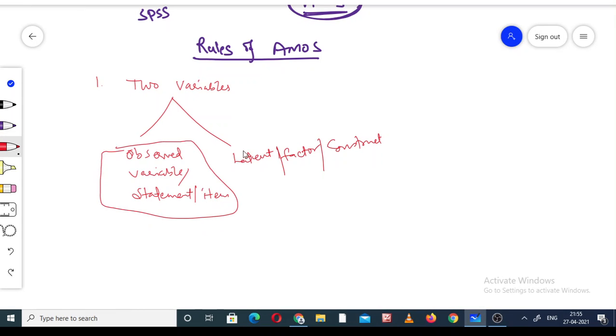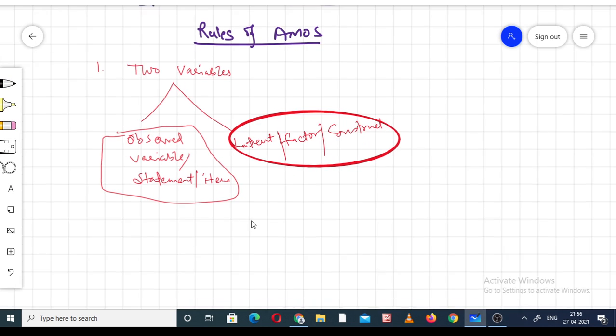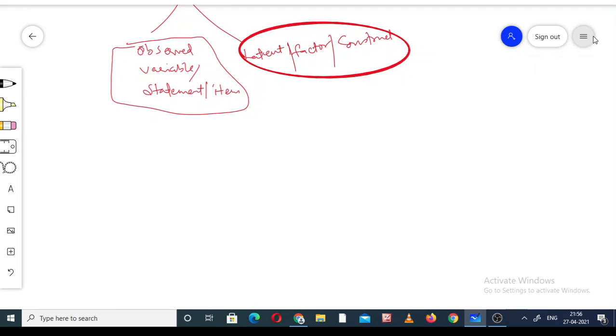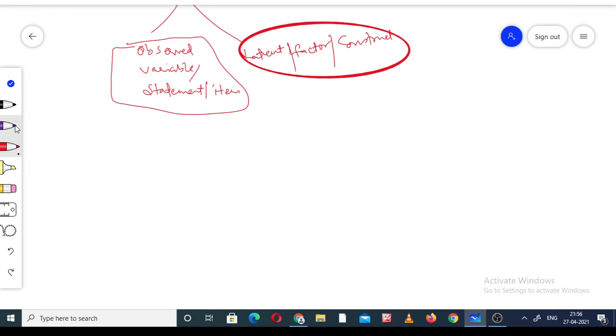So this is one type and this is the other type. These are the two variables in the Amos. We are talking about the first rule of the Amos. So what is the difference between these two? Very simple. If we are talking about the first one, the observed variable, what is it?